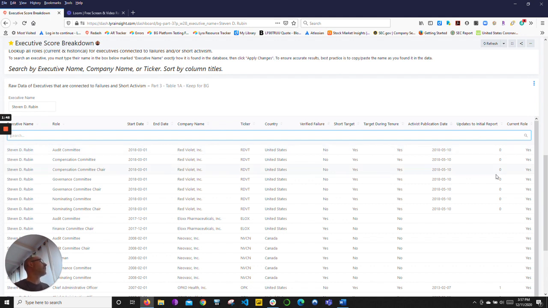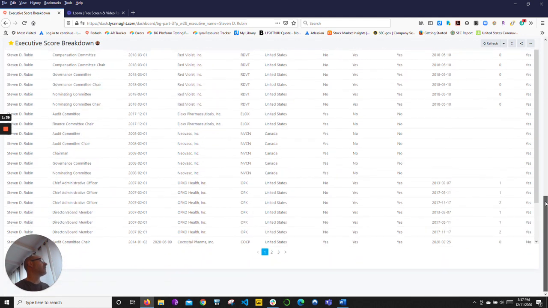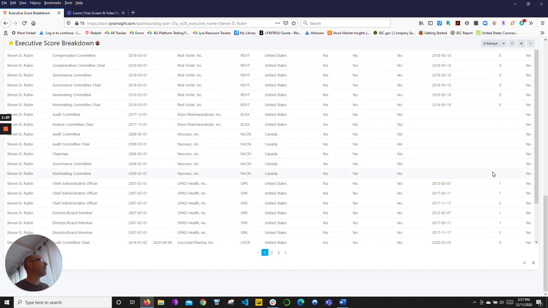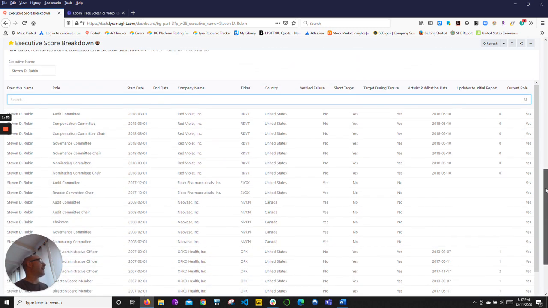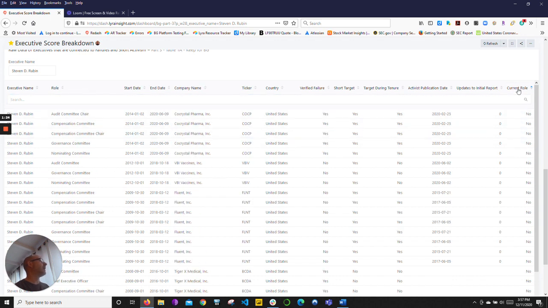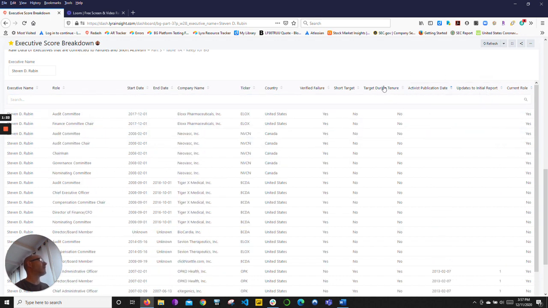And then there's updates to initial report, which are kind of like after the initiation report. Sometimes there's update reports, sometimes there isn't. So if there isn't, it'll be 0, but if there is, it'll be however many update reports there were. And then on the far right, you have current role. So is this a current role for Stephen D. Rubin? Yes, yes, yes, yes. In some cases, it'll be no. Again, you can sort by all these different categories